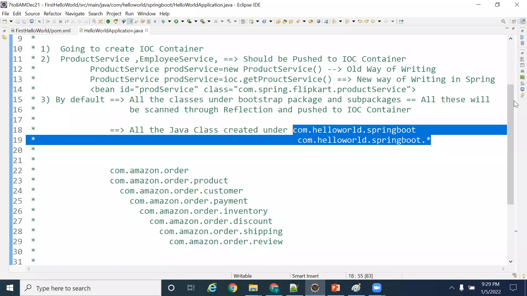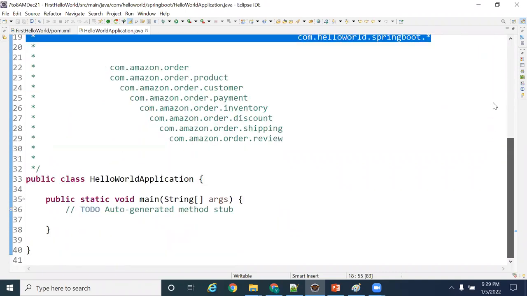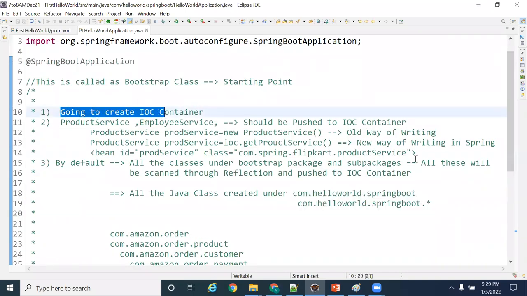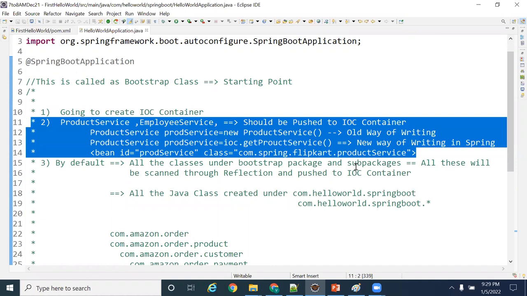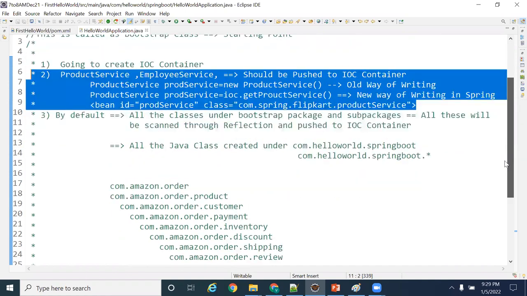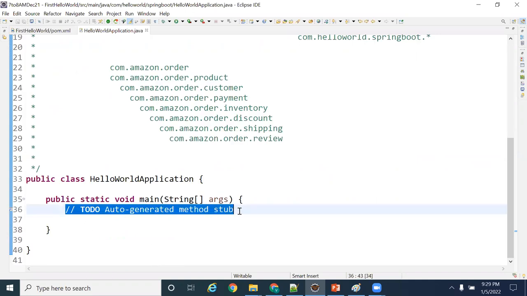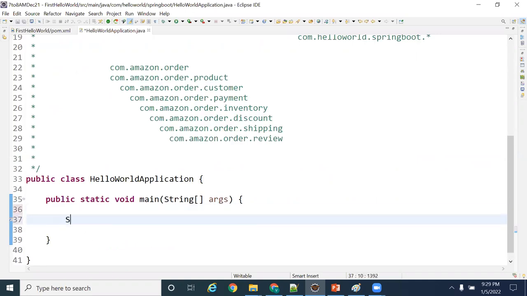It will take a minimum of 5 to 6 days to cover this topic. If someone asks you what is going to happen when you run a Spring Boot project, you should explain all these points. Now, as of now, when I run this project, the IOC is created, all the Java classes are identified, and it is ready to push to the IOC container. Then I need to write Spring application dot run